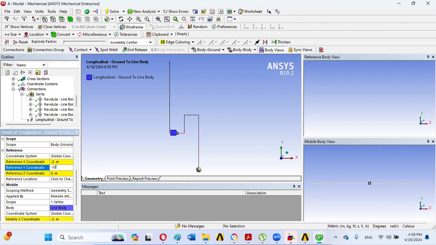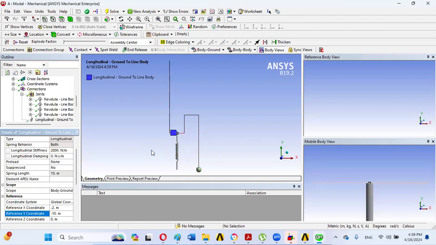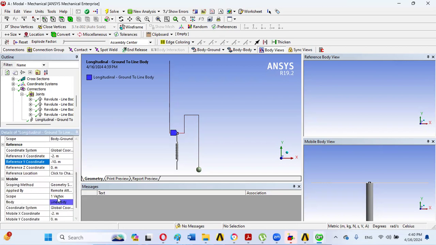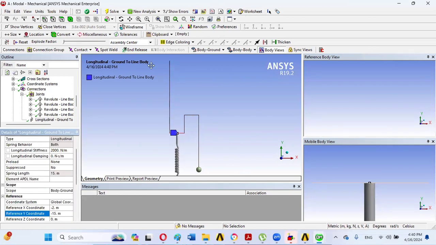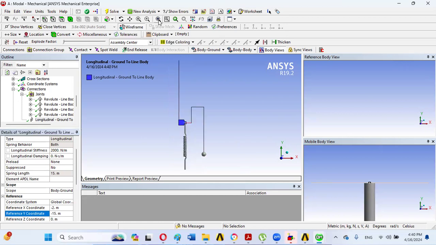So below the y-axis. So we can observe that this spring, remember the length of the spring does not affect the result of our analysis. So in this way, or we can use, for example, minus 10, or for example we can use minus 15 in this way, to make it more visible. So in this way, now we will be